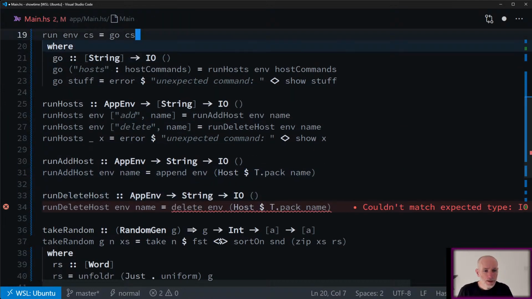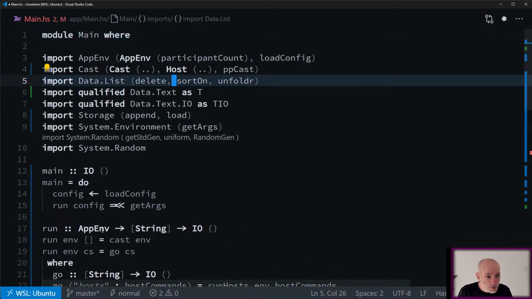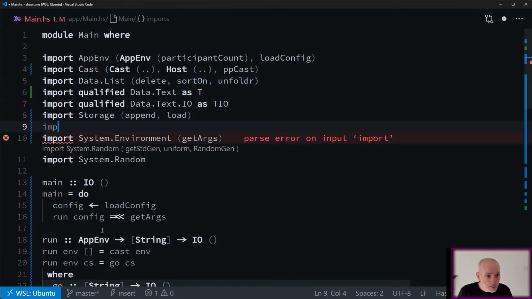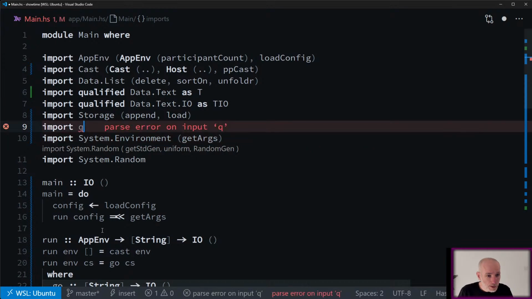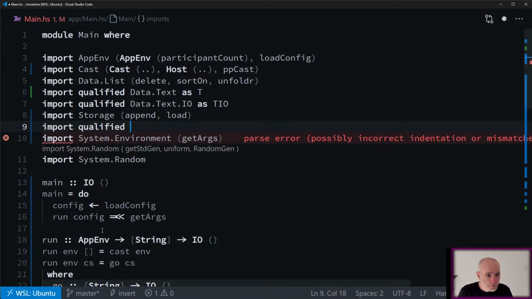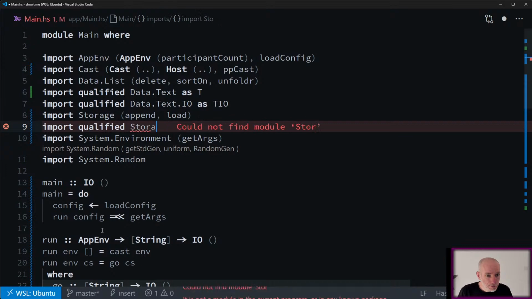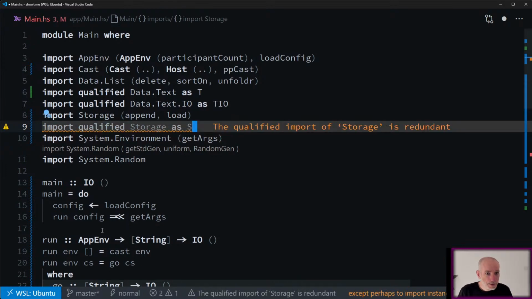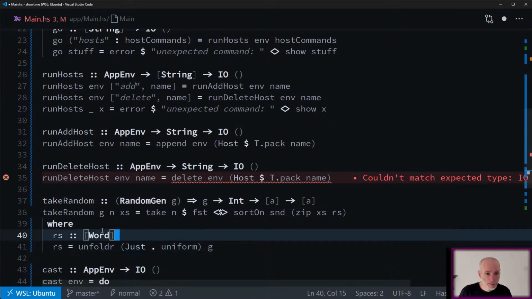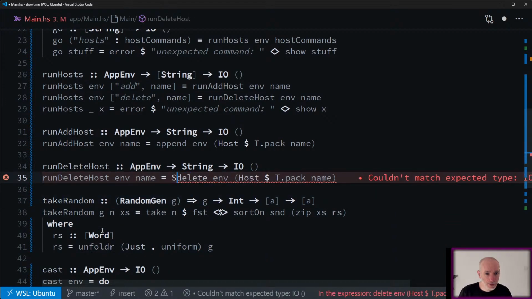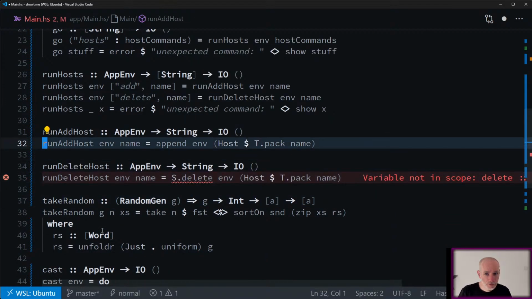Okay, got some name clashes here, so let's import qualified Storage as S. Then I can call S.delete here, just to make it super clear.